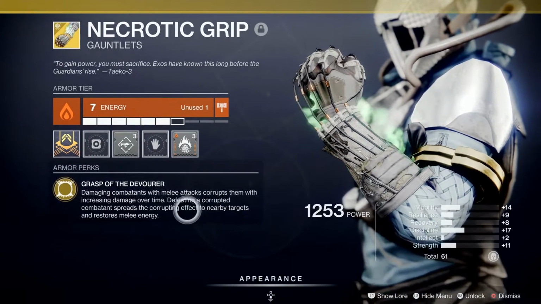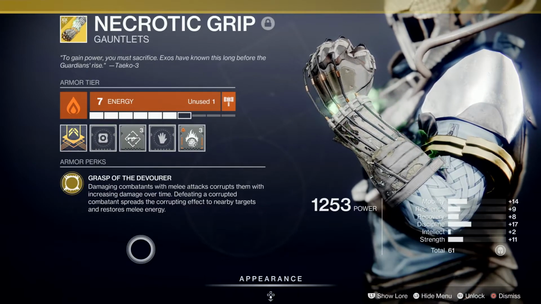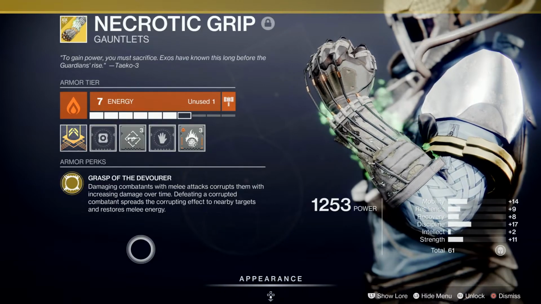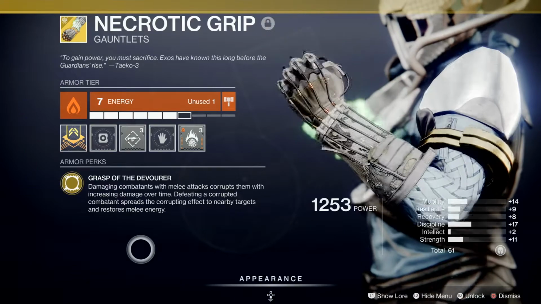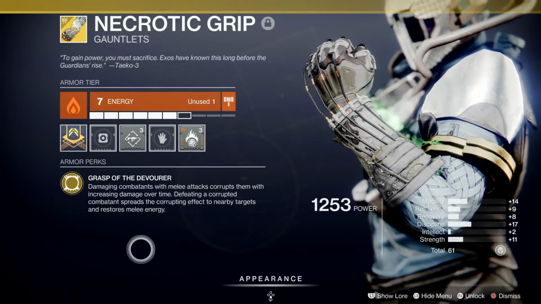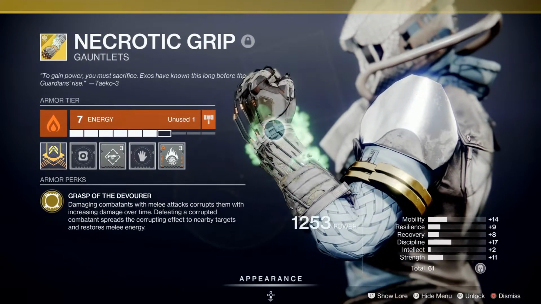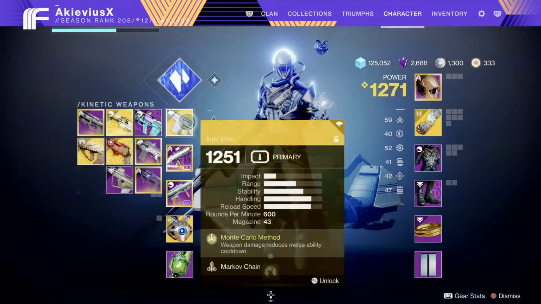One of the intrinsic perks here is Grasp of the Devourer, meaning that you can damage combatants with melee attacks, corrupting them with increasing damage over time, and then defeating a corrupted combatant spreads the corrupting effect to nearby targets and restores melee energy. So this is really interesting because this really goes well with the Warlocks, especially with Monte